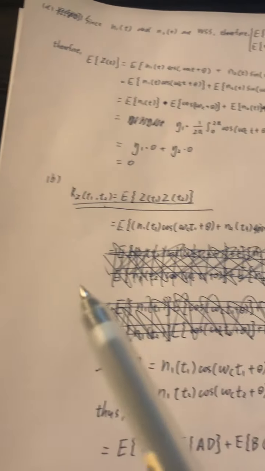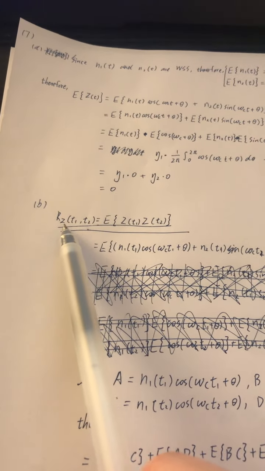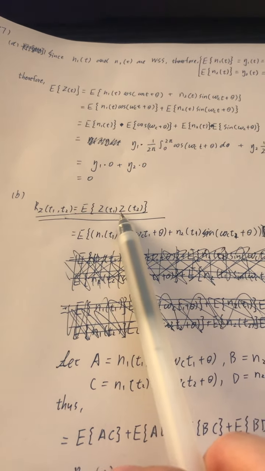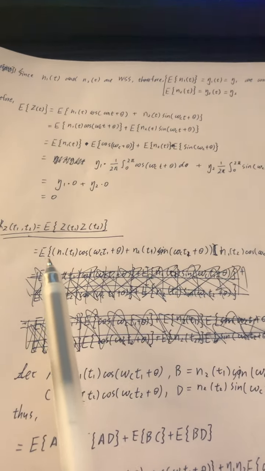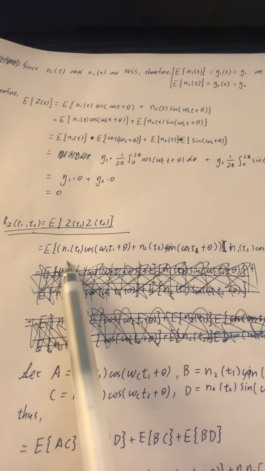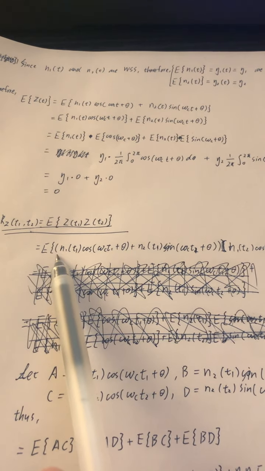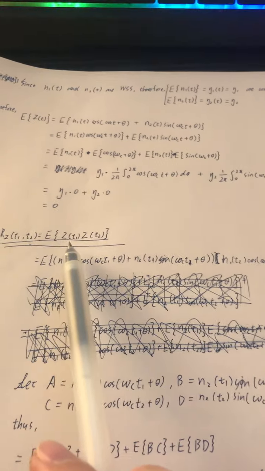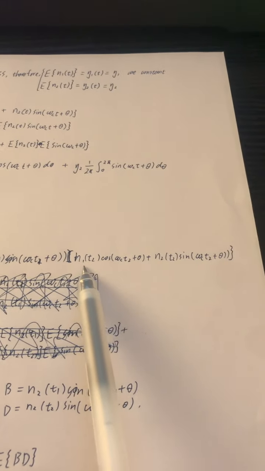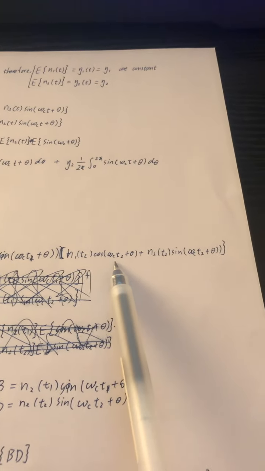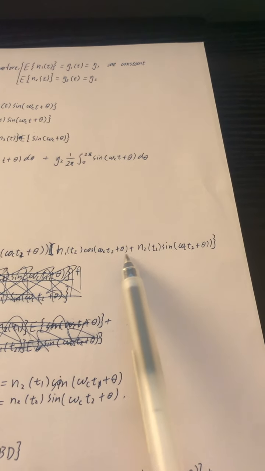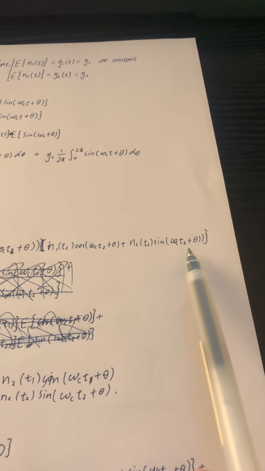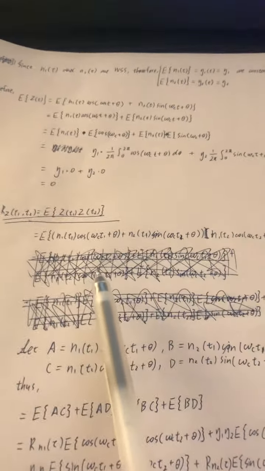So for the second question, since R_Z(t1, t2) is equal to E[Z(t1) multiplied by Z(t2)], it can be written into this part and this part, which is Z(t1), then Z(t2) is N1(t2) cosine(ω_c t2 + θ) plus N2(t2) sine(ω_c t2 + θ), and then